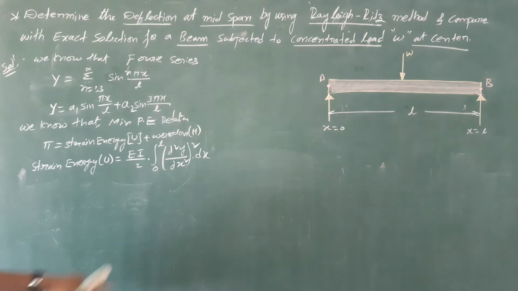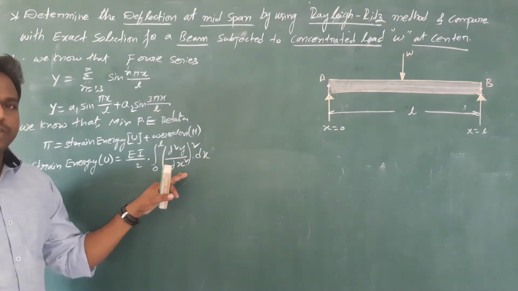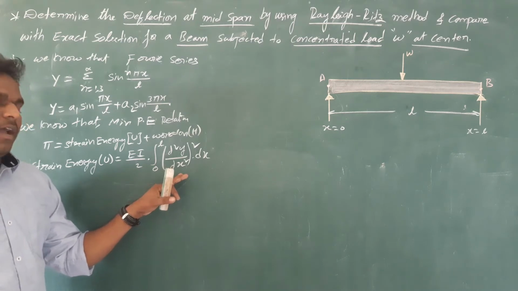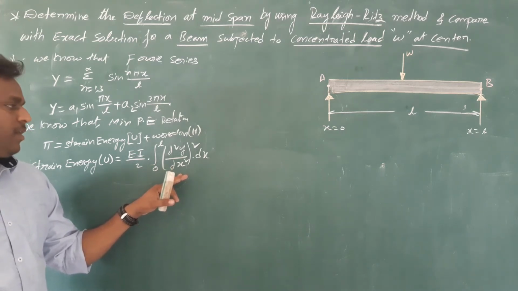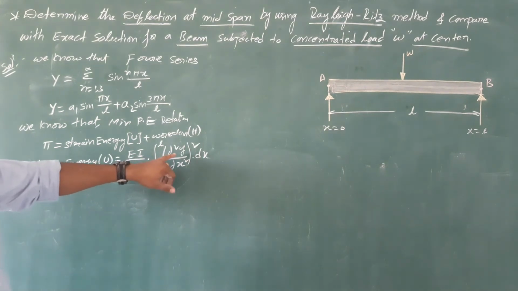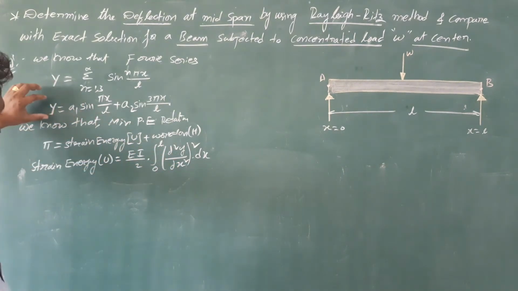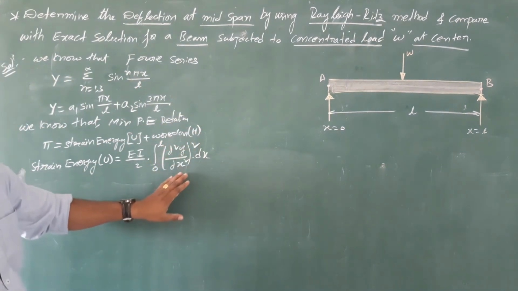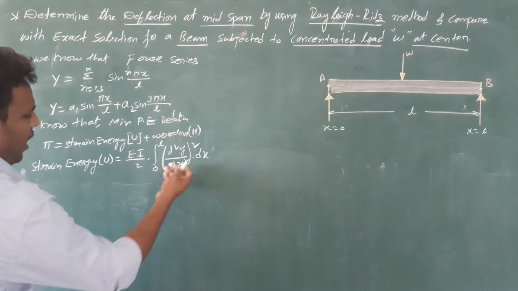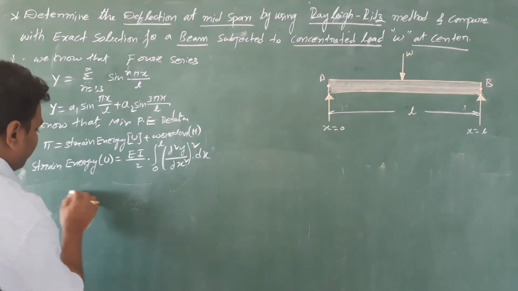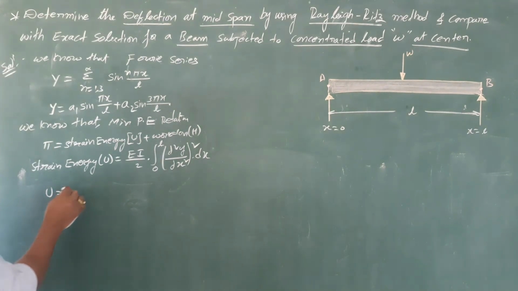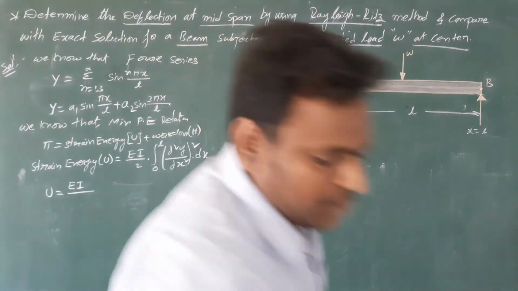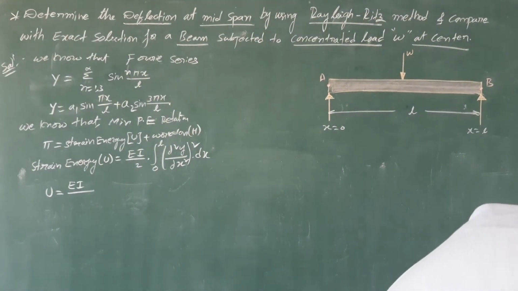I have already derived this in our previous video, so I am substituting directly. U is equal to EI by...